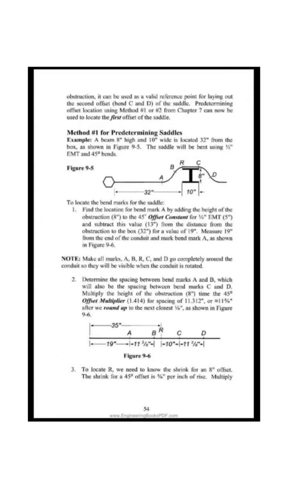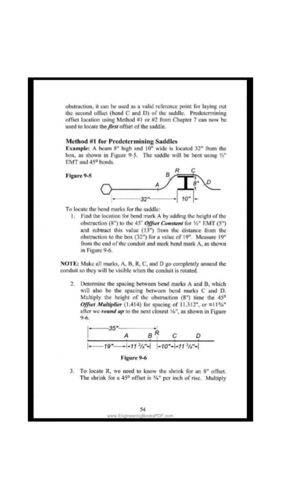Method number 1 for predetermining saddles. Example: a beam 8 inches high and 10 inches wide is located 32 inches from the box, as shown in figure 9-5. The saddle will be bent using 1/2 EMT and 45 degree bends. To locate the bend marks for the saddle: